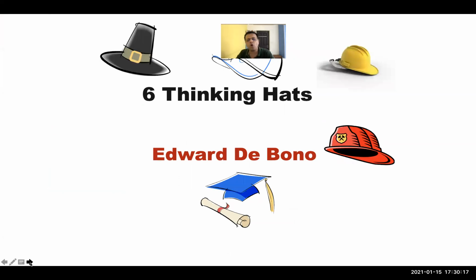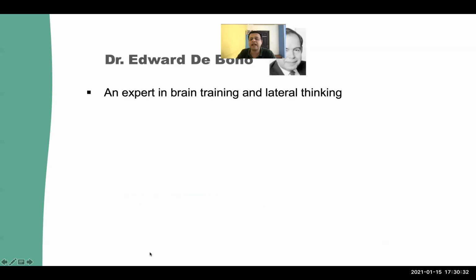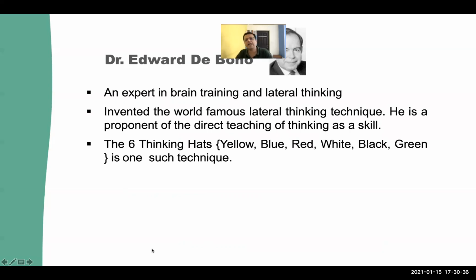So during the brainstorming session, one thing that you can all apply is a method called Six Thinking Hats. The proponent of Six Thinking Hats is Edward de Bono. Edward de Bono, as I told you, is the father of lateral thinking, and he is an expert in brain training, and he has an institute called de Bono, and he came up with this concept called parallel thinking, six thinking hats, and the six hat colors were different: yellow, blue, red, white, black, green,